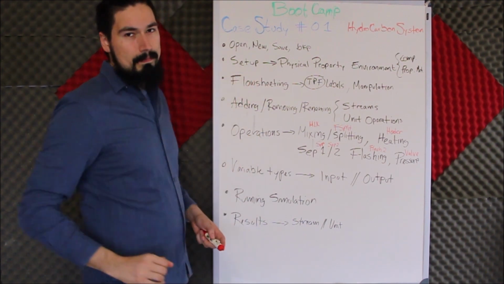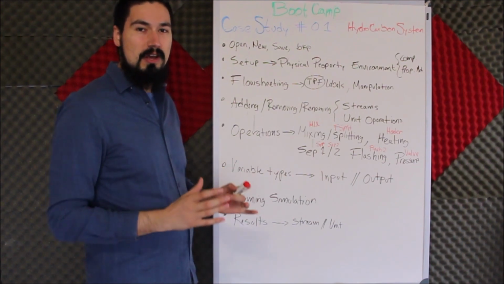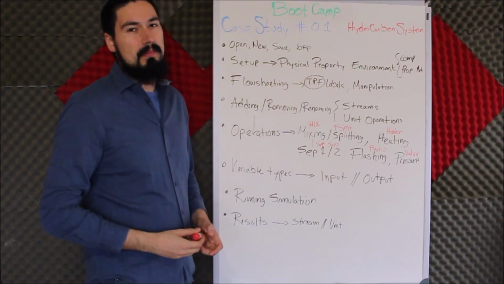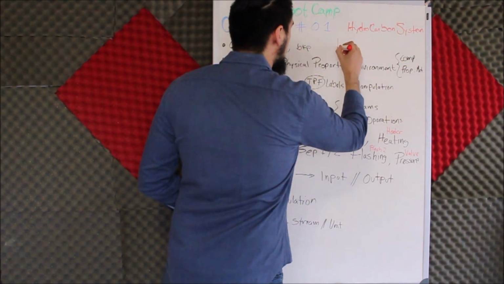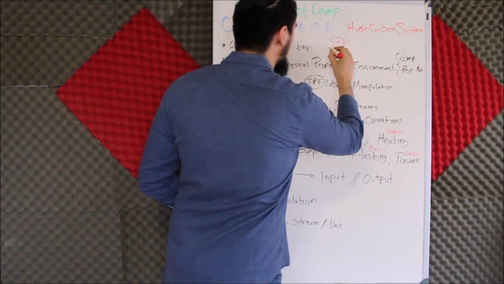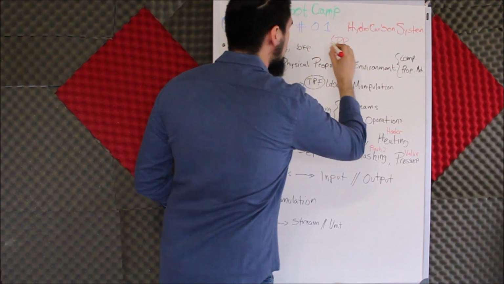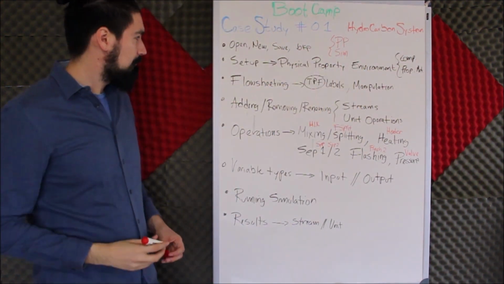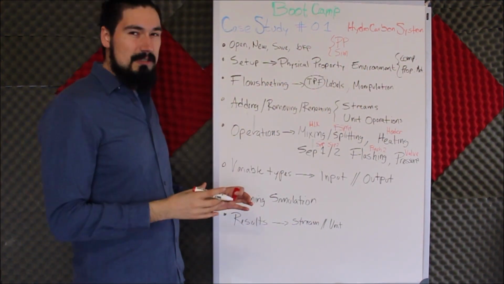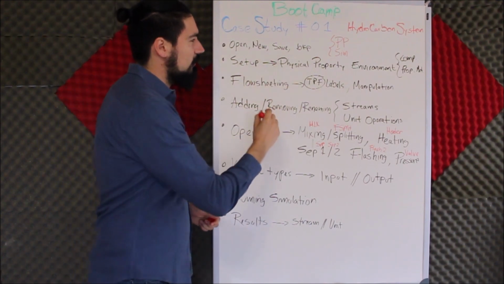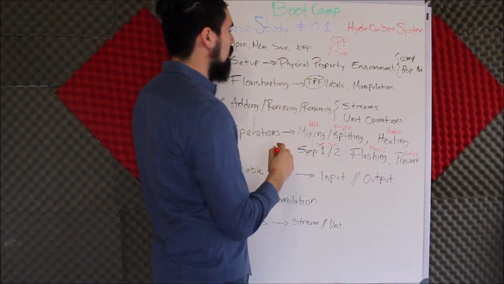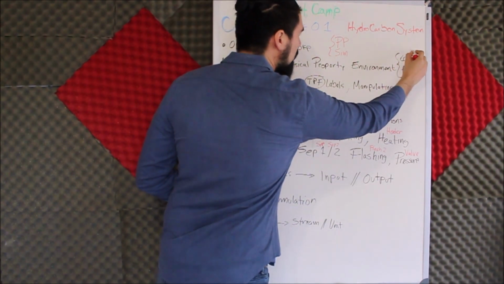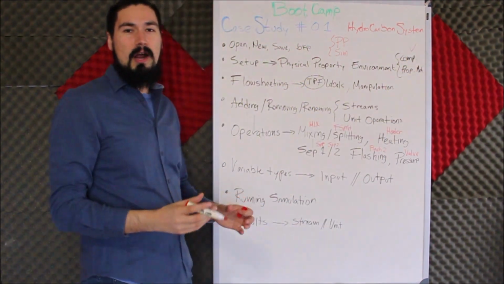Then we go to the setup. We are going to learn how to set up the physical property environment. Essentially, we're going to cover two main environments: physical property environment and the simulation environment. So in this specific case study, we're just going to learn how to set up properly the minimum requirements for a physical property environment, which is a component list of all the hydrocarbons that we're going